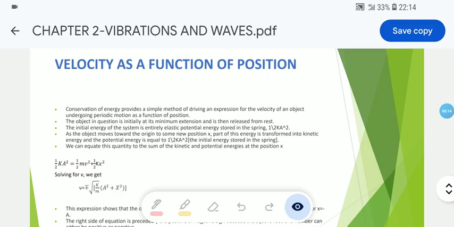I know most of you did not manage to access Zoom, but you tried to use